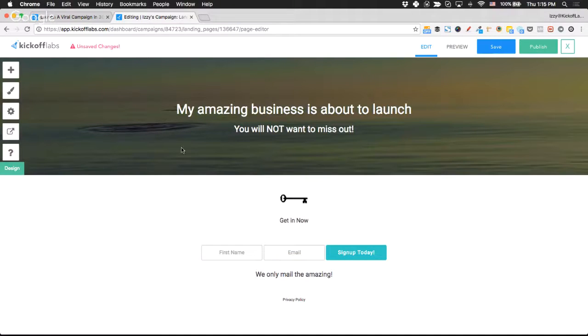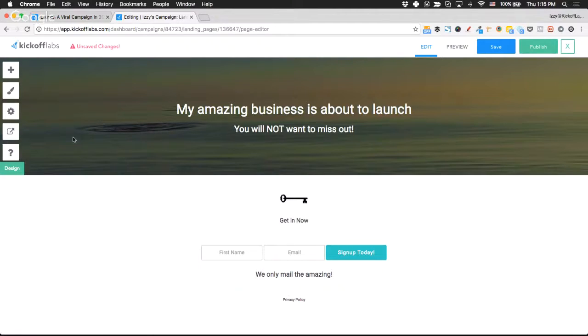Let me go ahead and show you a really important thing of the landing pages, because specifically with KickoffLabs, when people sign up on your sign up page, on your landing page, or on your form, in most cases they're going to be redirected to a thank you page, and we're actually transitioning to pure thank you pages. So yes, they will be redirected to a thank you page after they sign up. And we have a strong focus on sharing and on social referrals. So people that sign up on your campaign are going to have an option to share your page.